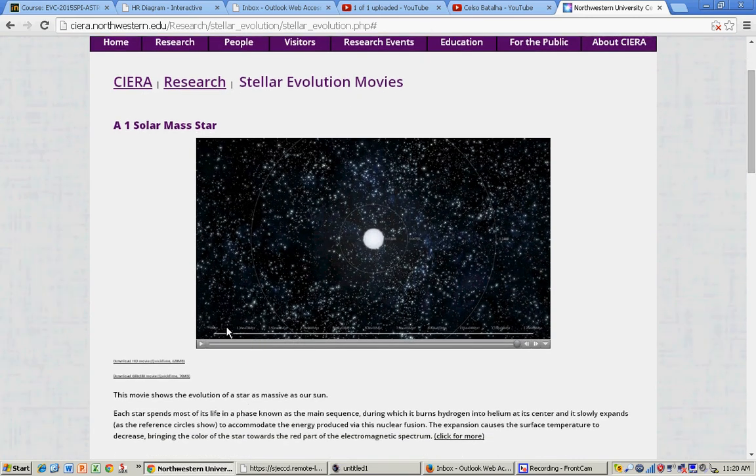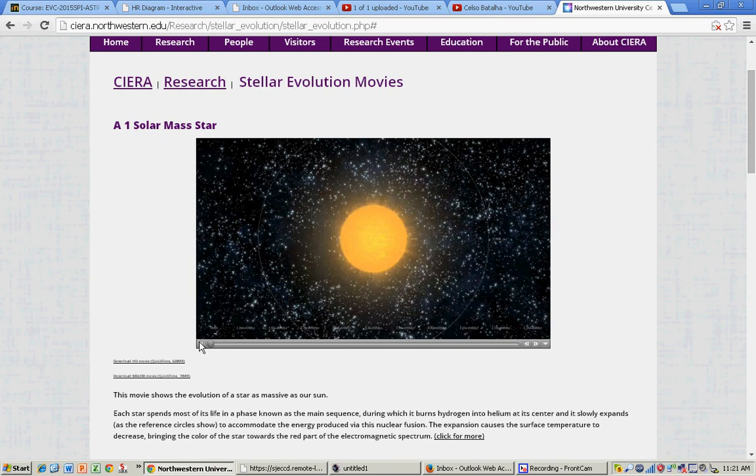By the way, I can't read well here, but these numbers are, I think, time. And can you see these circles here? These circles are supposed to be at a fixed distance to the center star, and if these circles approach the star, it means the star is expanding. Okay, so let's follow the evolutionary sequence of the 1 solar mass star. So the star rotates. See, the circle is still there, right? It's kind of moving a little bit slowly.